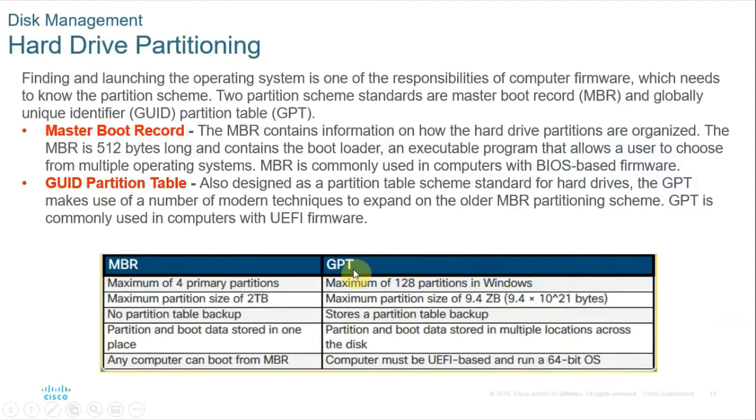Either we call it GPT. In master boot record, it can have a maximum of 4 partitions. For example, a CD drive; like that you can have a maximum of 4 partitions, whereas in GPT you can have 128 partitions in Windows. MBR supports 2 TB only. You can use 2 TB of hard disk or storage maximum, whereas here you can have up to